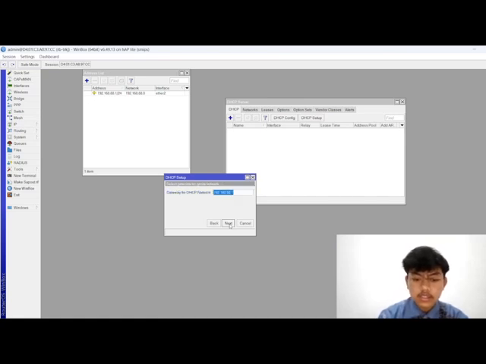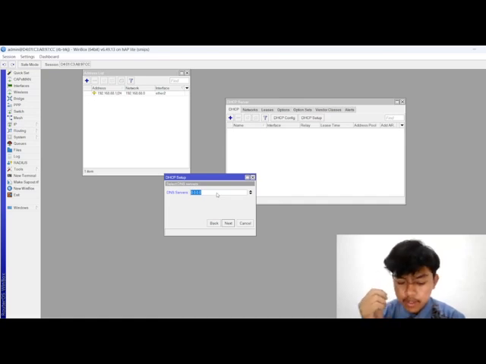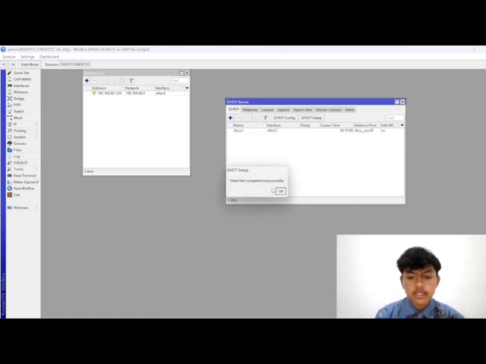Next, next, and then servers. We will make the 8.8 DNS, and next, and successfully.